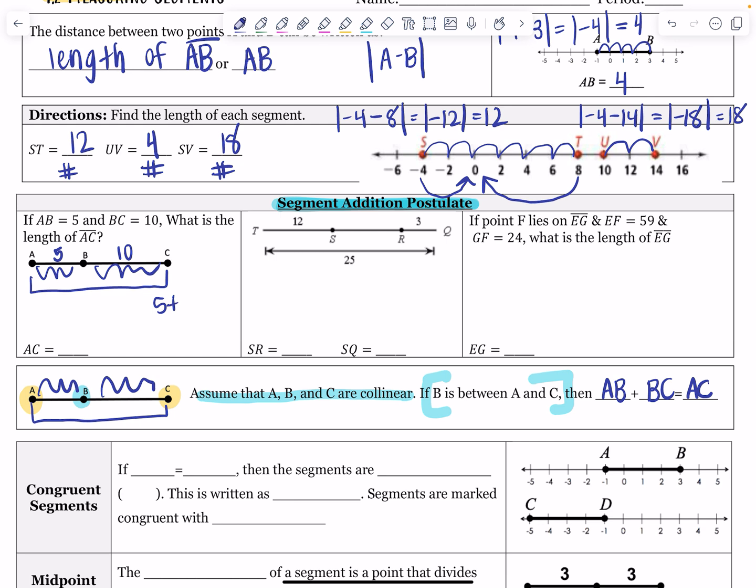So that'd be 5 plus 10 is going to be equal to the length of AC, so that's going to be equal to 15 total. We can also use the segment addition postulate to find the smaller pieces. So if I know that this whole thing